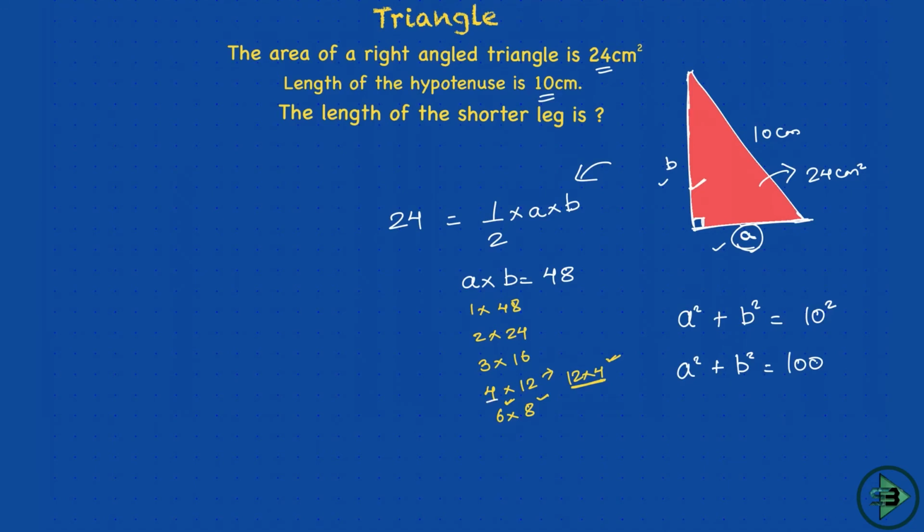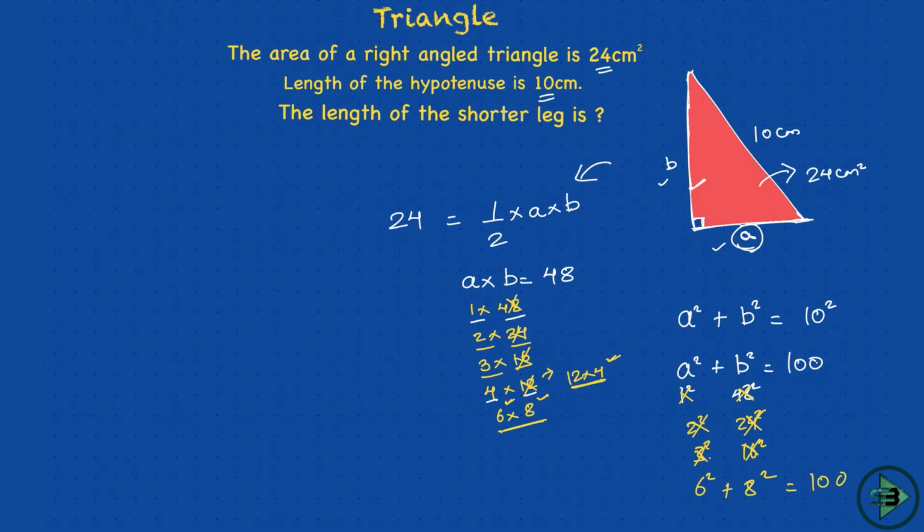So if I take 4 and 12, say start from here. 1 and then 48, 1 square plus 48 square. Obviously I'm not getting 100, okay, so gone. 2 square plus 24 square, no, you will not reach the answer. It will be a lot more than 100. Similarly, this will not give you the answer. 3 square plus 16 square is obviously not, because 16 square is 256. So this is gone, this is gone, this is gone. Similarly, 12 square is 144, gone. The only combination is this, 6 square and 8 square. 6 square is 36, 8 square is 64. This plus this is nothing but 100.